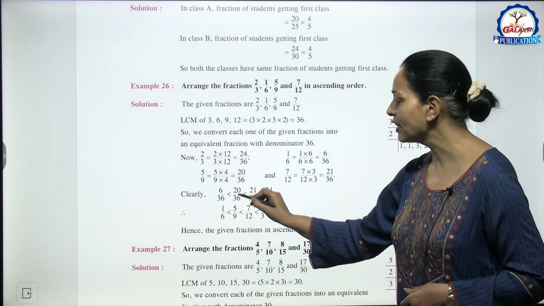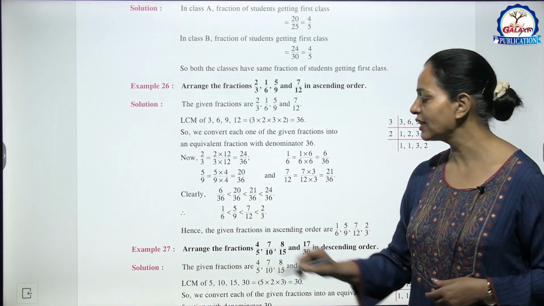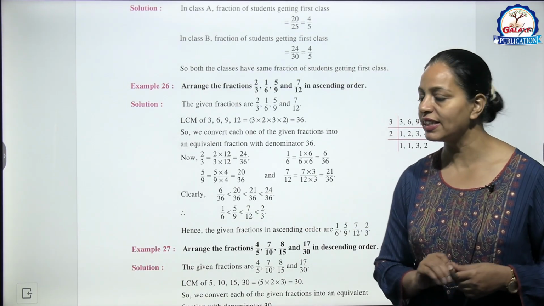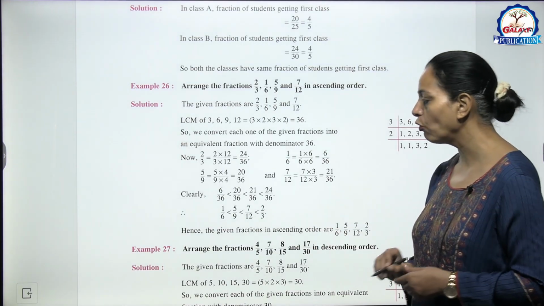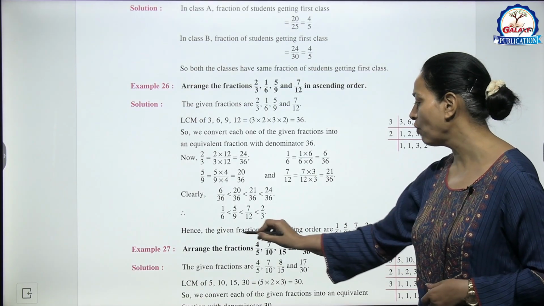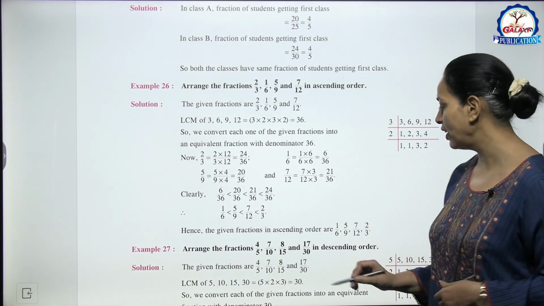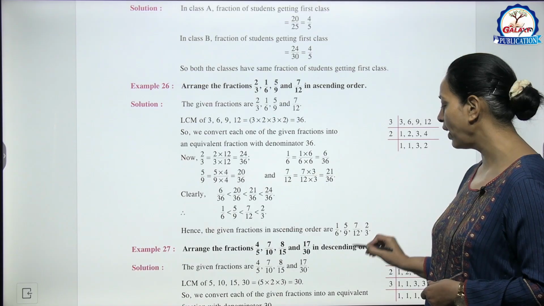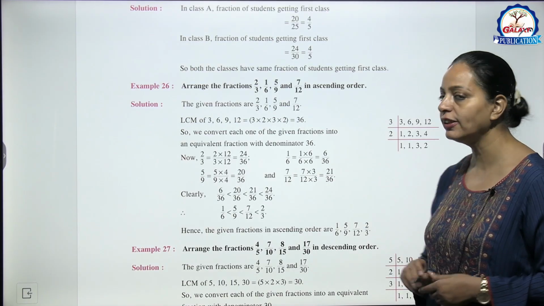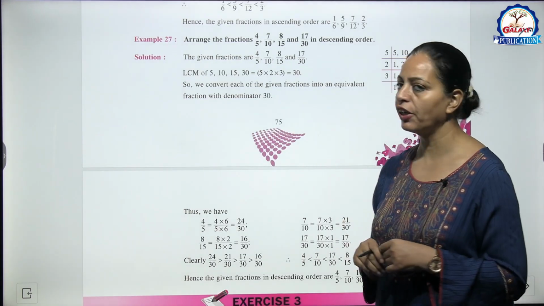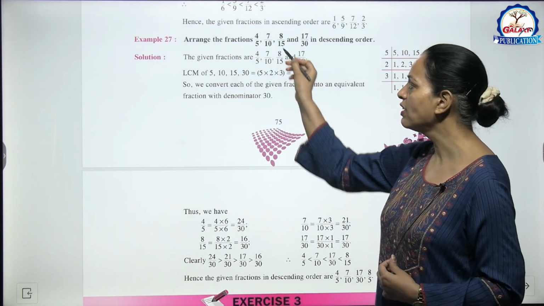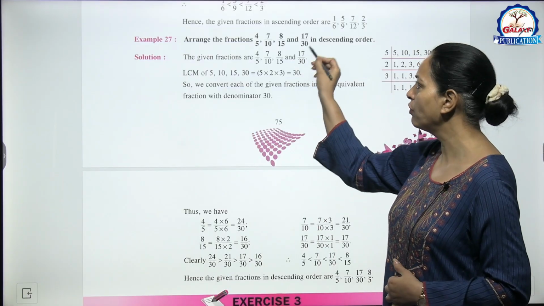6 upon 36 is less than 20 upon 36, less than 21 upon 36, less than 24 upon 36. Now write in actual form. So hence the given fractions in increasing order are 1 by 6, 5 by 9, 7 by 12 and 2 by 3. Okay, now example 27, arrange the fractions 4 by 5, 7 by 10, 8 by 15 and